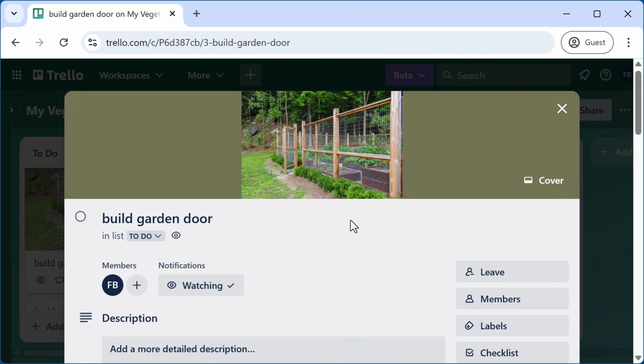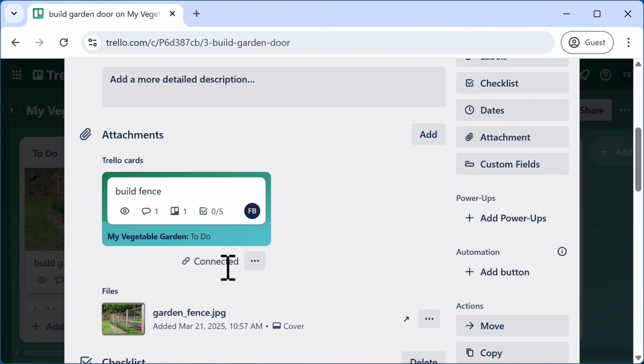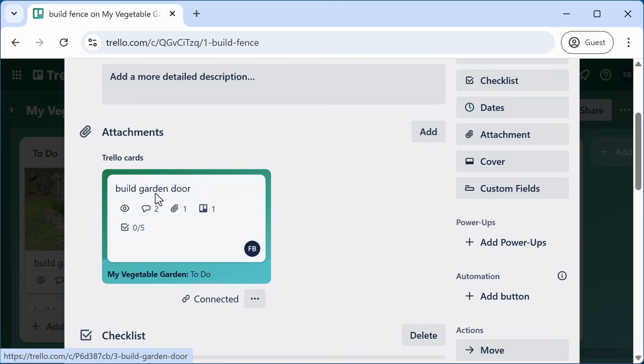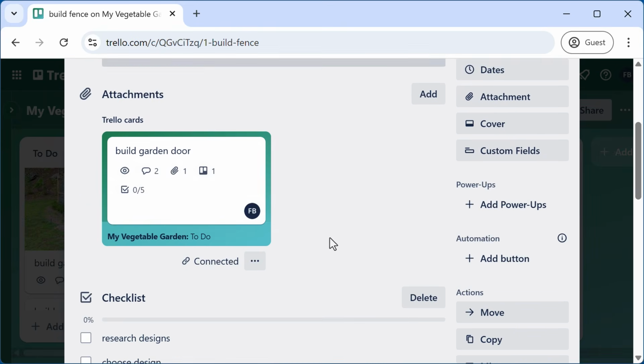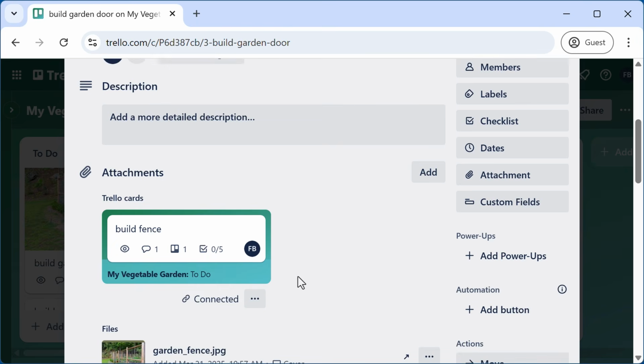Now, when I'm looking at my Build Garden Door card, I see a connection to Build Fence. When I go to the Build Fence card, I see a connection to Build Garden Door. The work of these two cards is integrally related, so now the cards are related as well. If you find there are multiple cards on your board that are connected together conceptually, try connecting them through the system by using that attachment technique and then connecting the cards so that it's a two-way connection.